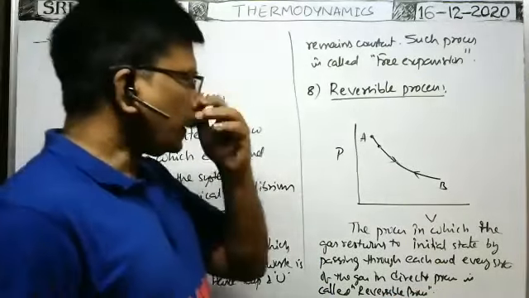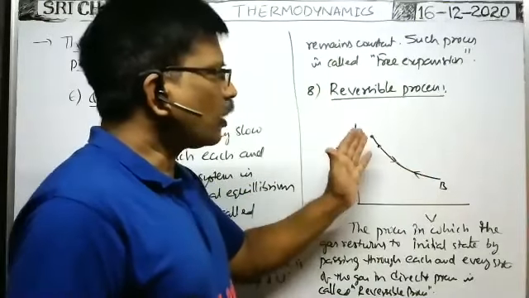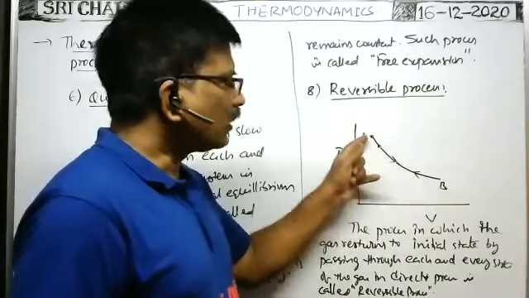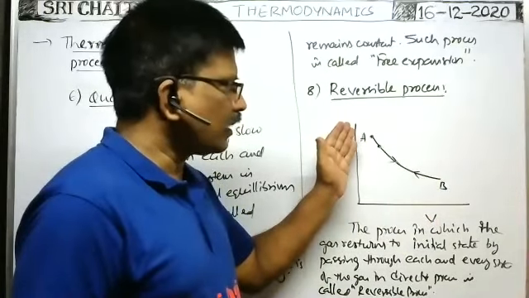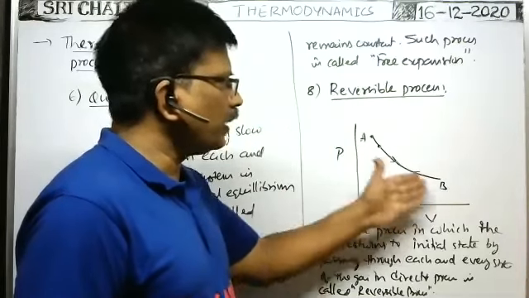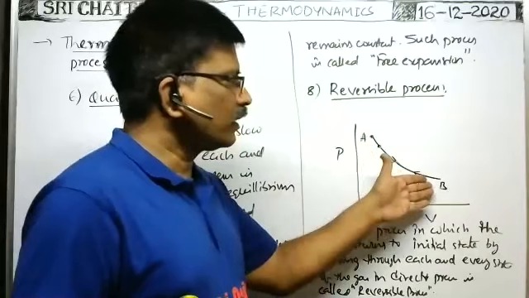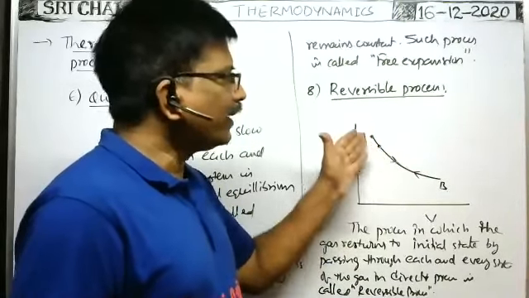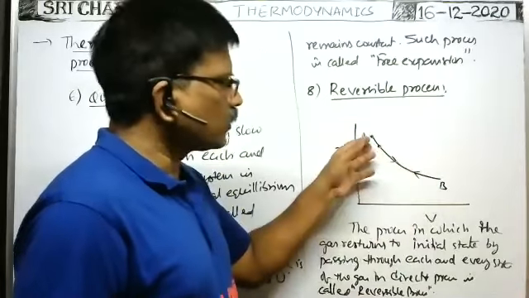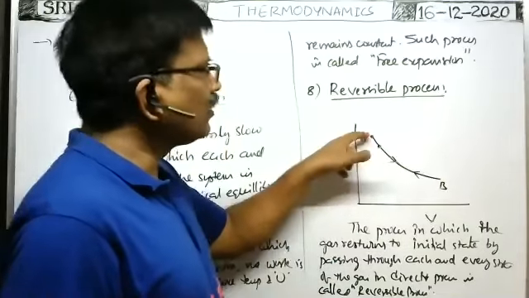Here, whenever the process takes place from A to B, that is called the direct process. When the process takes place from A to B, it passes through different states. Here, different states means different pressures, different temperatures, in the direct process. In the reverse process also, whenever the system returns to the initial state,